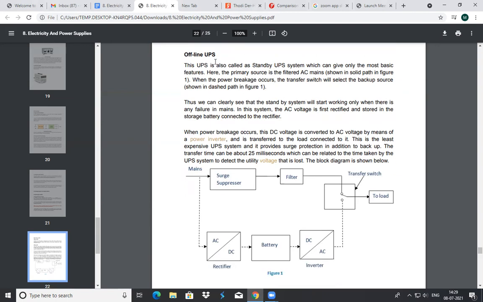That is the use of the offline UPS. At other times, when the main line is supplying power continuously, the UPS stores that current in batteries, to be used later when the power is down.